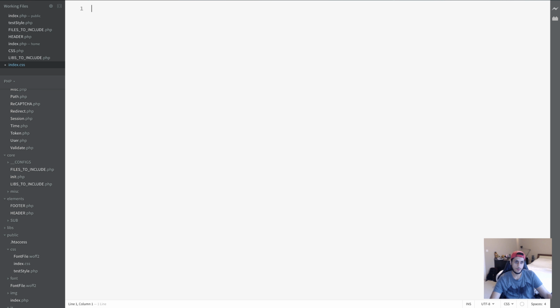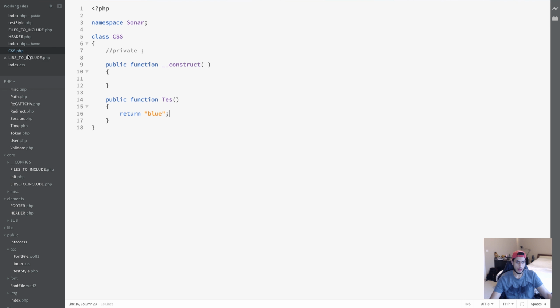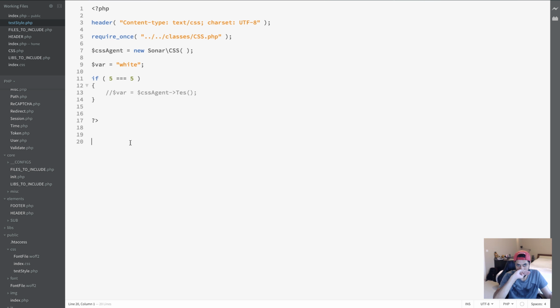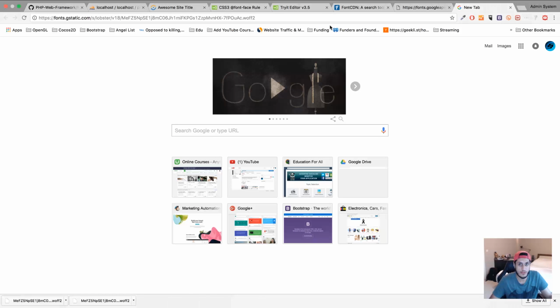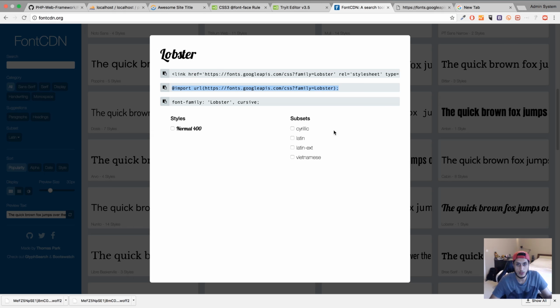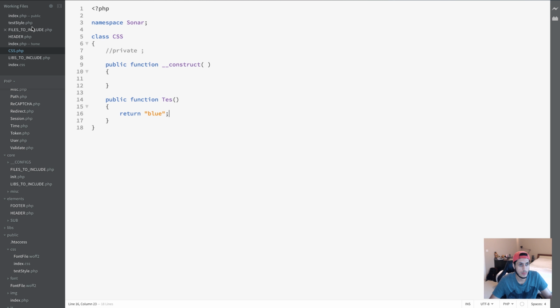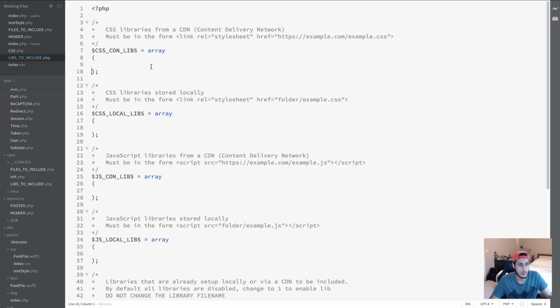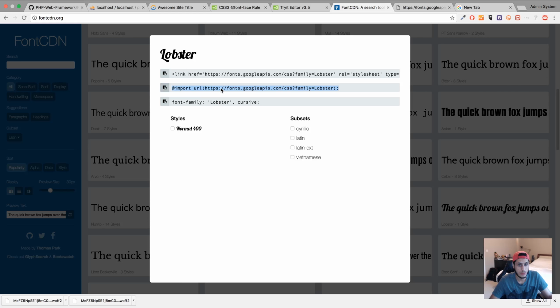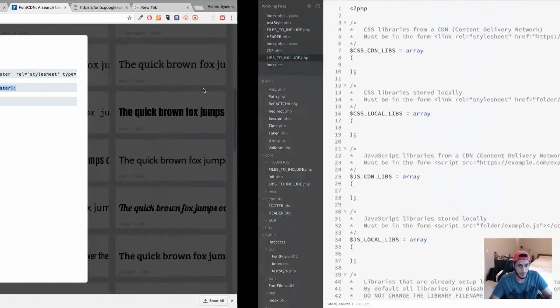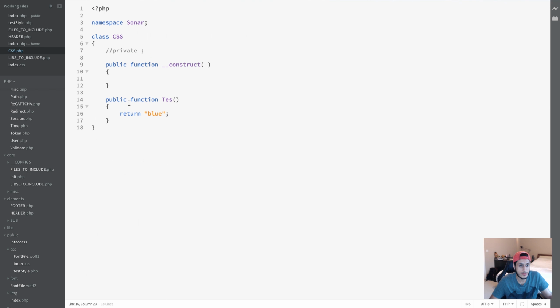Instead of that, let me try this. Instead of for the font family, let's leave that as it is for now, that style of doing things. Let's have a method to essentially do the @import URL. So essentially, if I have a method in CSS for this, so